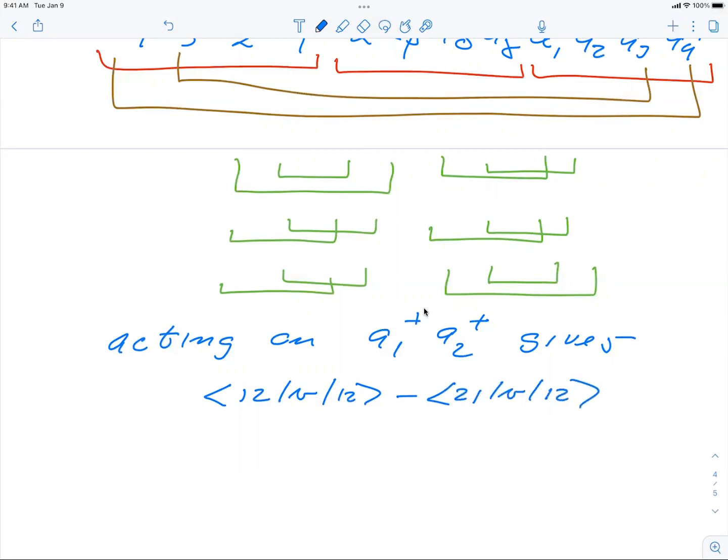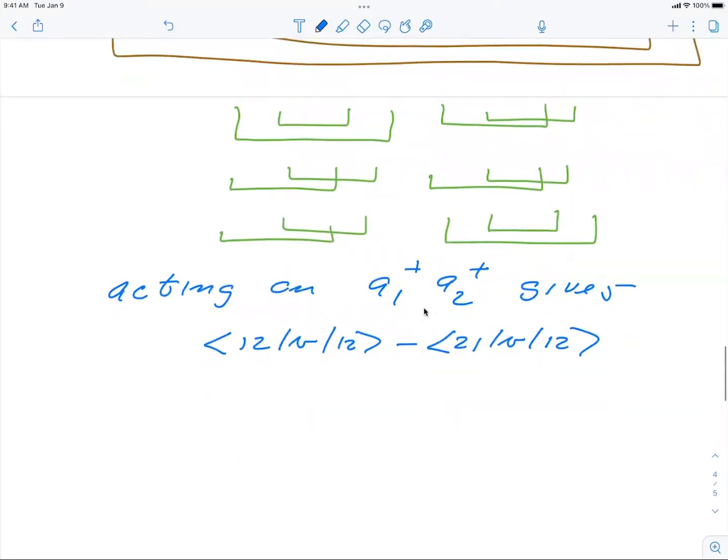I could have chosen to use an anti-symmetrized matrix element. That's fully possible. I will still get the same result. Now, what you see now is that if you then move on, you have a new pair which you can act upon. So you would repeat